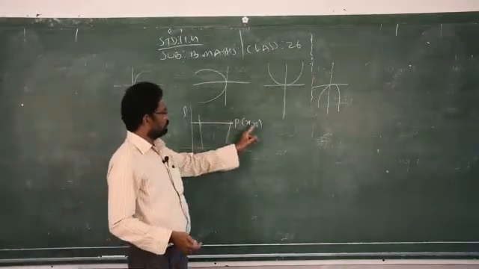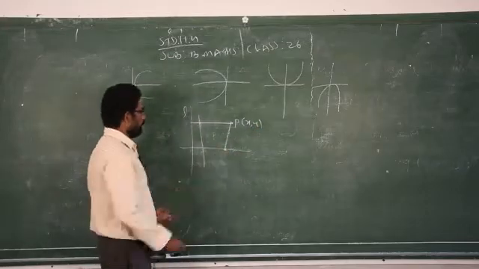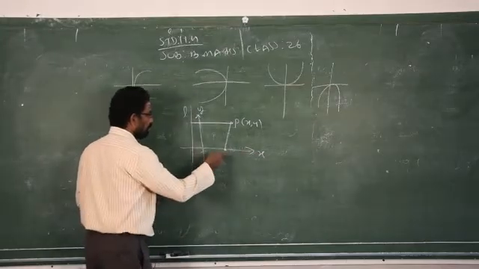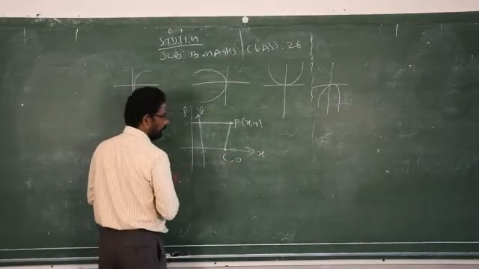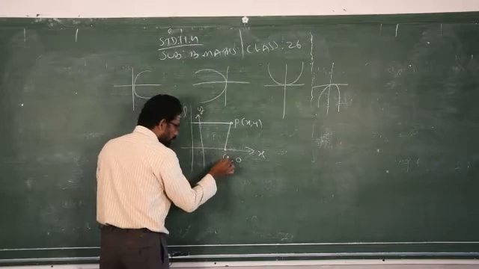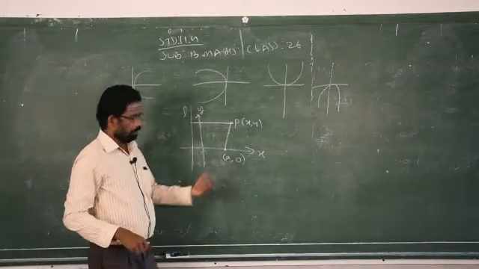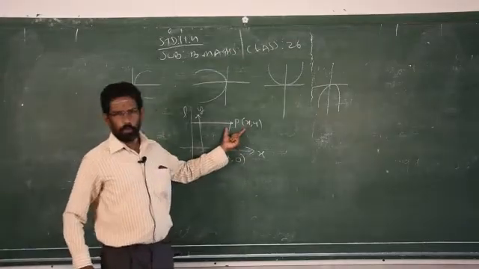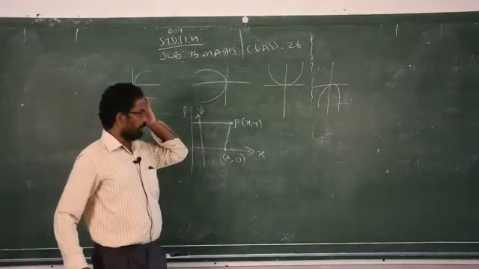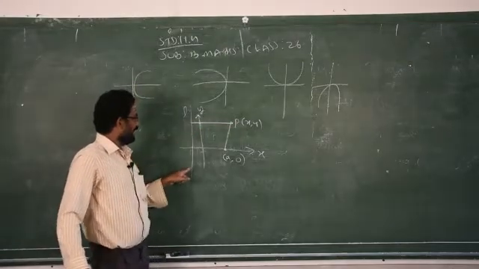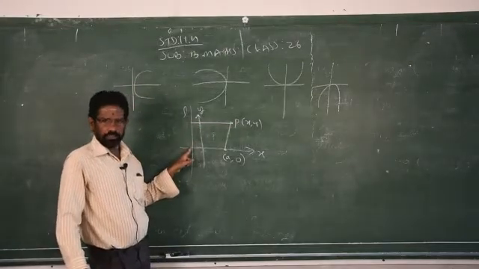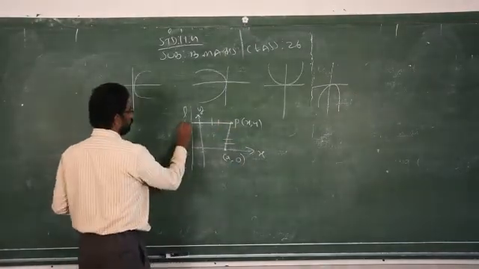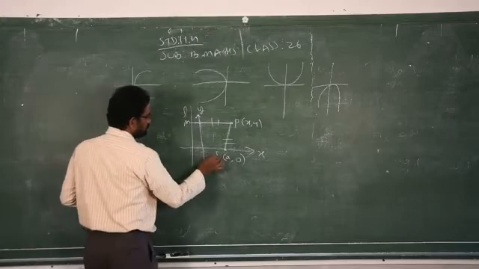If I say this is a fixed point, this is the y axis and this is the x axis. A point on the x axis will always have y equal to 0. The fixed point is named A here. Clear? So this is the fixed point and this is the moving point. If you draw a perpendicular line from the moving point to the line which is parallel to the y axis, and measure these two distances, let's say this is M and this is S.